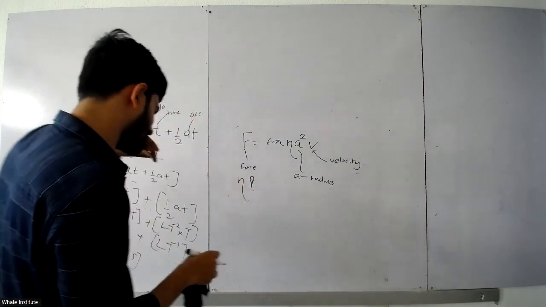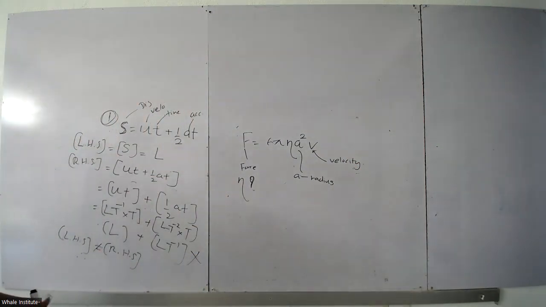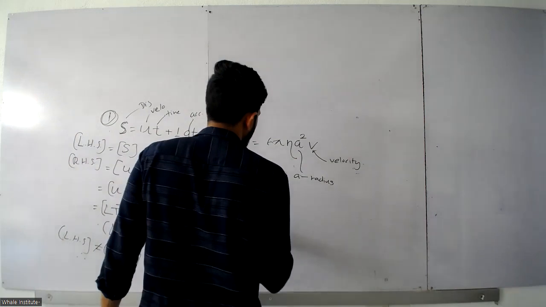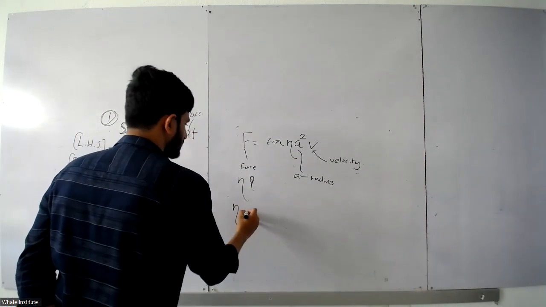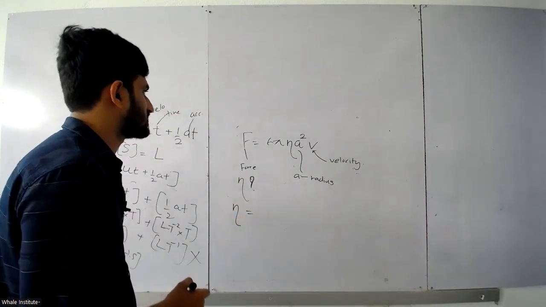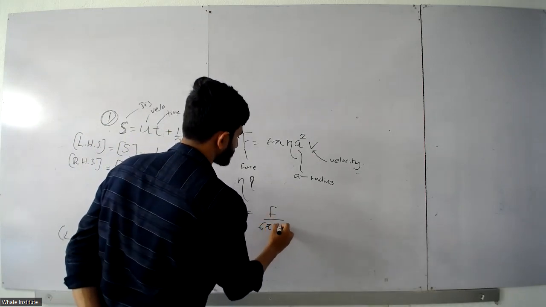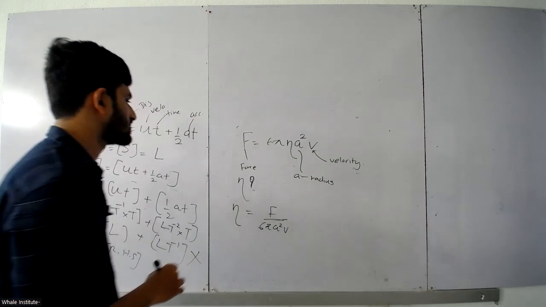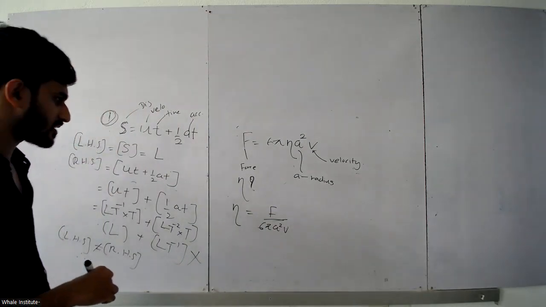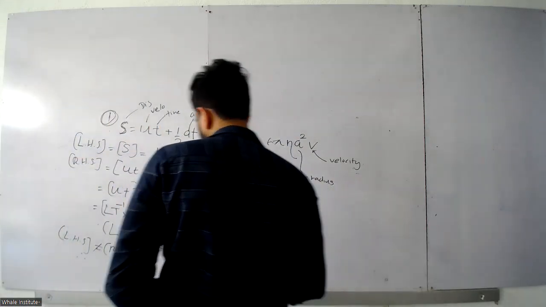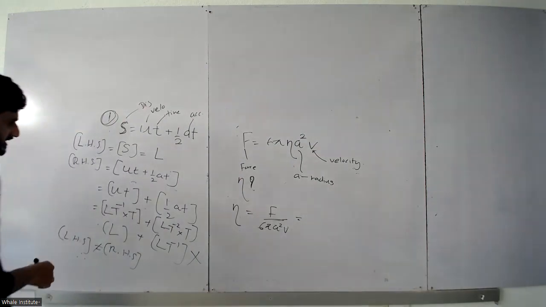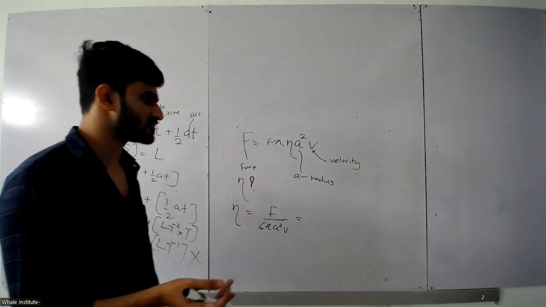Now you can get the dimensions of these terms to get the dimension of eta. First I am going to make eta the subject: eta equals F over 6 pi a v. This is the equation for eta. Then I can apply the dimensions and get the units of eta, then convert into the